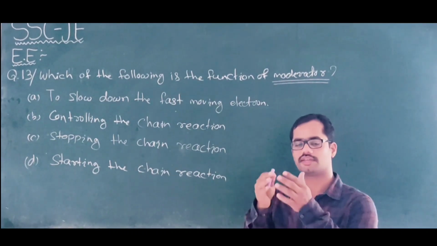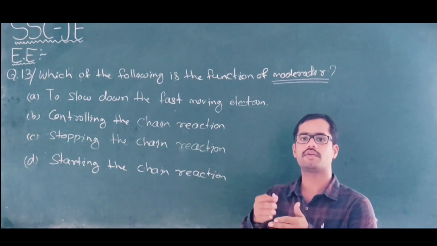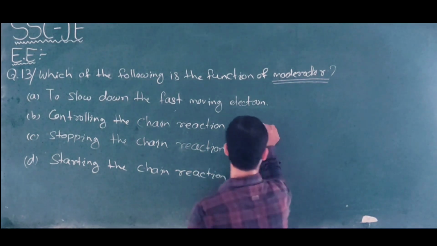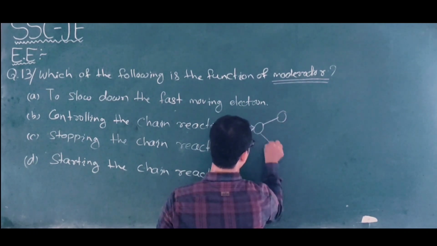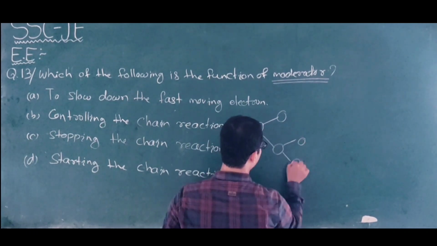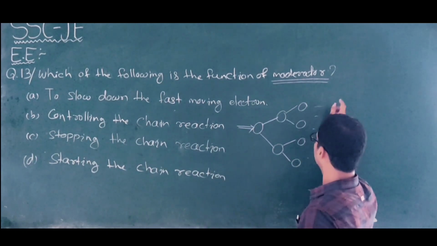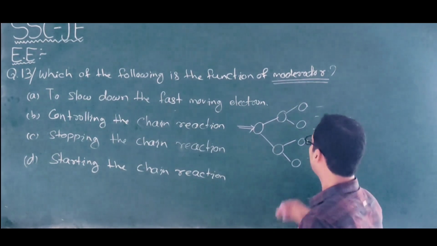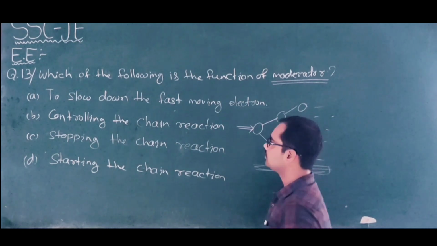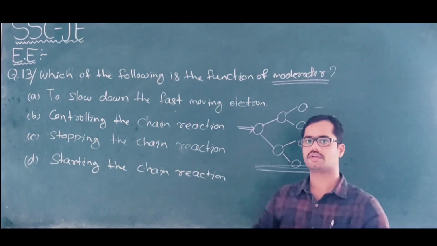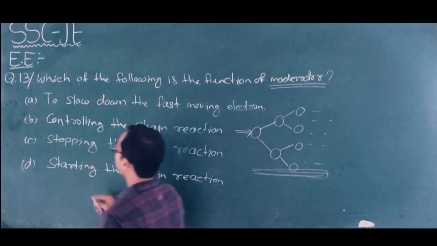The chain reaction is a reaction which will produce a huge amount of energy by breaking one nucleus into a number of nuclei. Whenever one bombardment starts, breaking occurs like that, and this is the chain reaction. Okay, so this will move on with a release of huge amount of energy, and to slow down that, as well as to control the total system, we are using the moderator. So from these four choices, the first one is the correct answer.